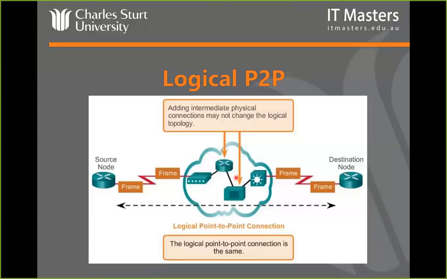So from our point of view, if we're looking at the source router over here or the destination router, it appears as if they are directly connected to each other. Of course they're not, there's lots of different traffic in here, but they appear as if they're connected point to point. The appearance is a little different depending on the technology. So if we look at frame relay, for instance, we will see some evidence of the provider end. If we're using ATM, similarly. If we're using MPLS, no, we won't. All we see is this point-to-point connection. We don't see the internal hosts at all.